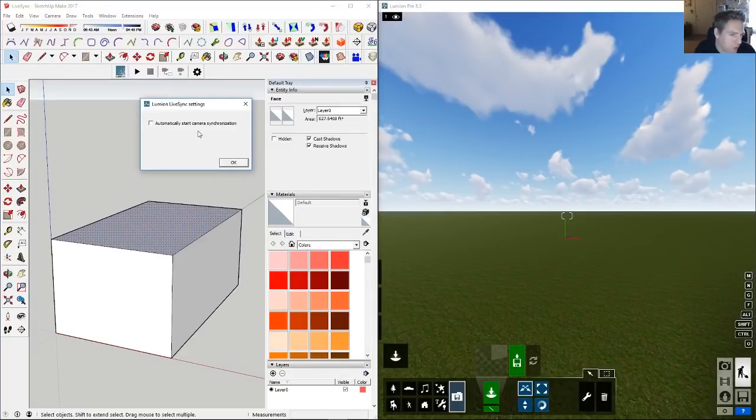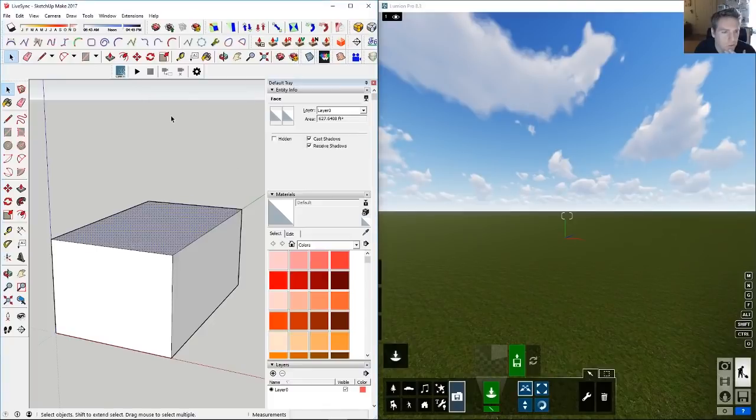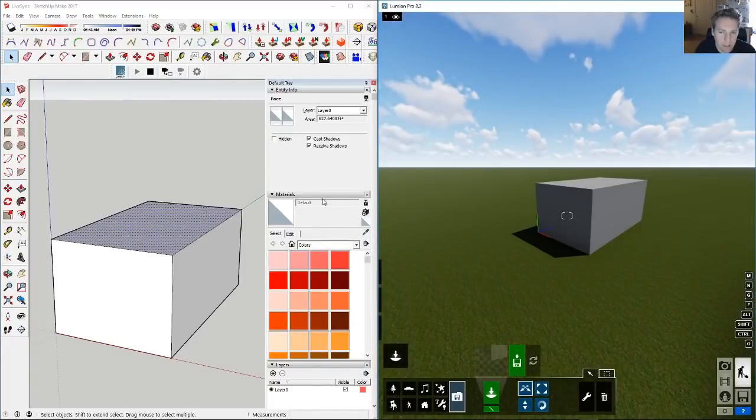We'll talk about camera sync. Basically, do you want to start automatically camera syncing or not? There's not very many options right now, but you're looking at that play button. That's what we've got to push. All right, so